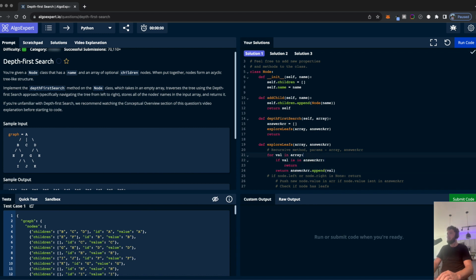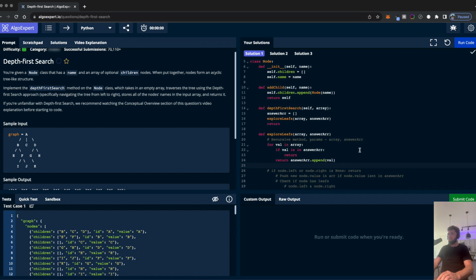Else do that, right? Something like that, I guess. For value in array, if the value is in the answer array, just return, do nothing. Else do this, return answer append value.